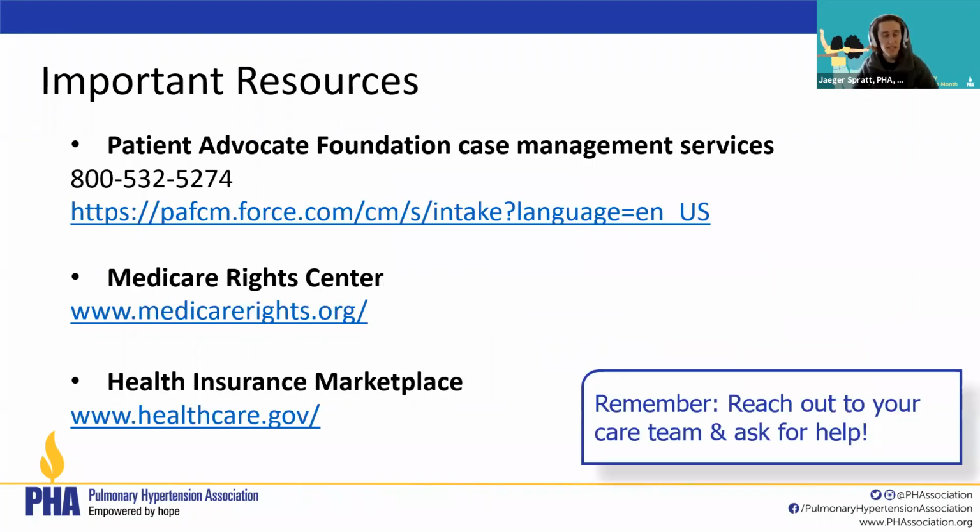And then outside of PHA, there's, of course, other good resources too. So definitely give the Medicare Rate Center a look if you're looking for some Medicare answers. And healthcare.gov is the marketplace website. They definitely have tried to make that pretty user-friendly, so you should hopefully be able to find out what you need to know right there on their website if you're buying an individual plan from the Marketplace Health Exchange.